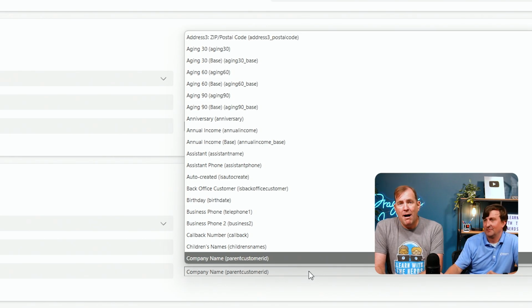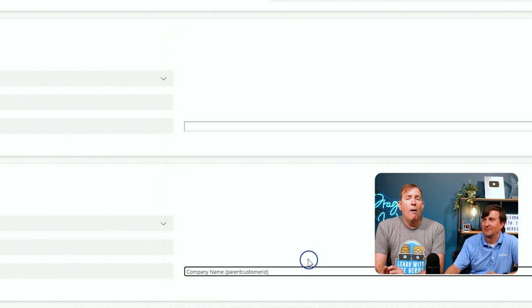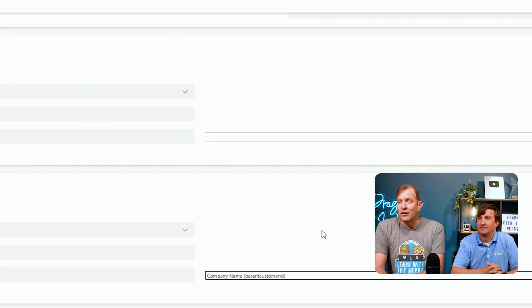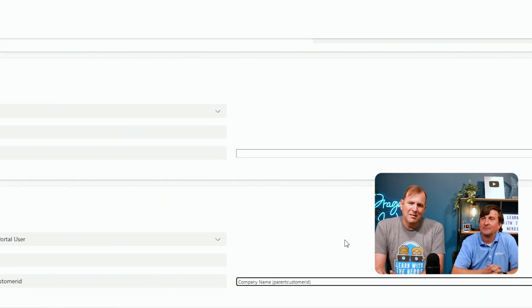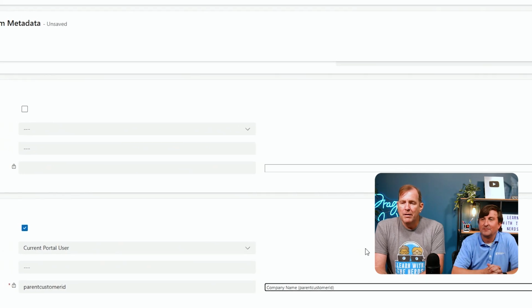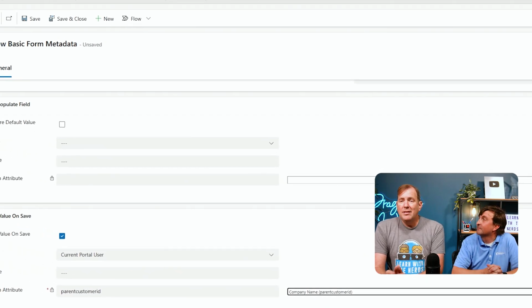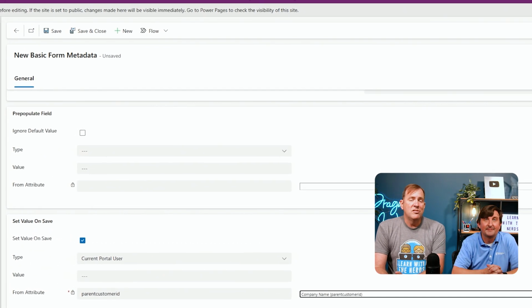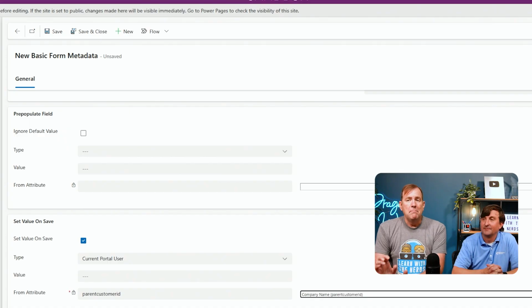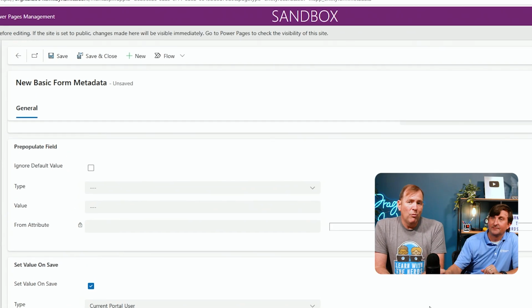Again, if that drop-down box is giving you a fit right now, check your browser. You might want to do a hard refresh if it still gives you some fits. It rarely happens, but sometimes when it does happen, that's how you can fix it. You'll also notice more things down below that you can override, things like instructions on every field. But by Matt doing that, if he hits save and close right now,